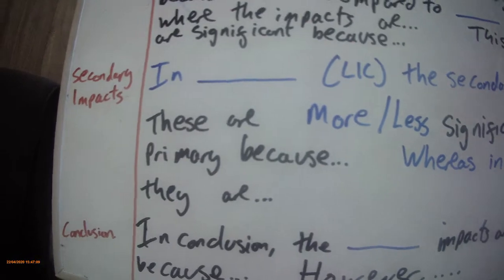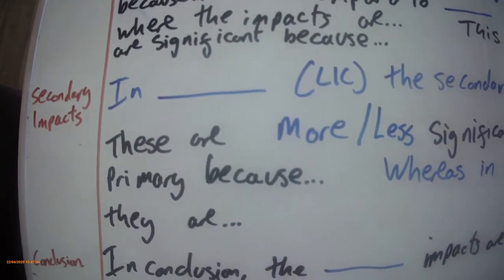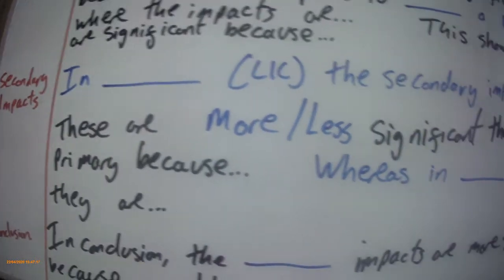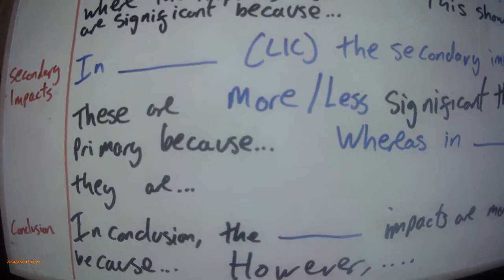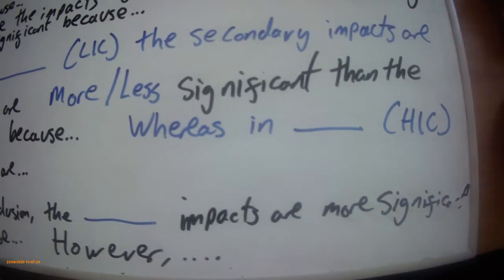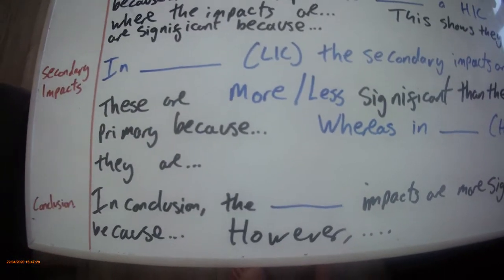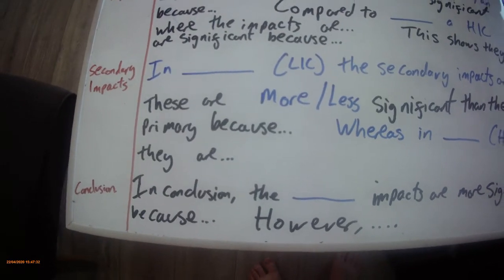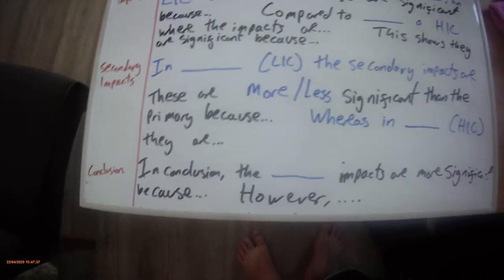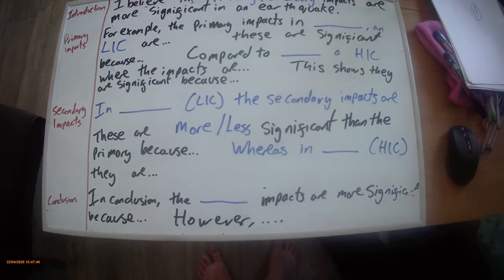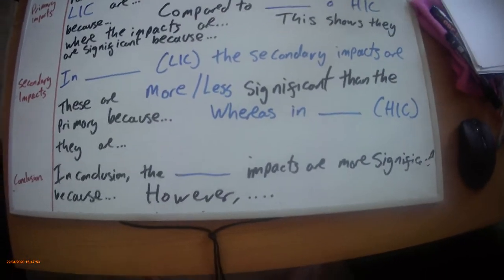We're then going to move on to our next chunk on secondary impacts. And this is where you put your low income country case study again, the secondary impacts are, and this is where you're going to state these impacts, and then are they more or less significant than the primary impacts? Well, this is where you can again make your choice. Why are these more important? Why would you say that these secondary impacts are either more important and significant or less important and significant than the primary impacts? Whereas in our high income country, they are,